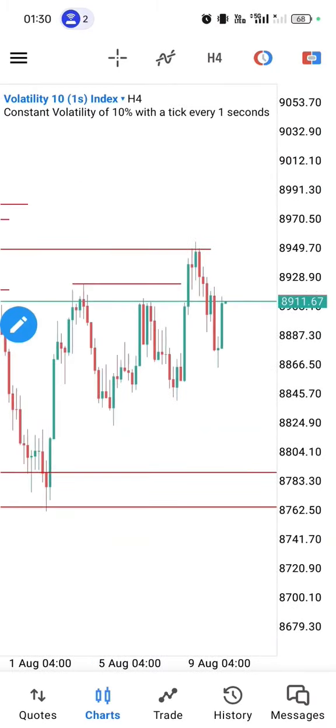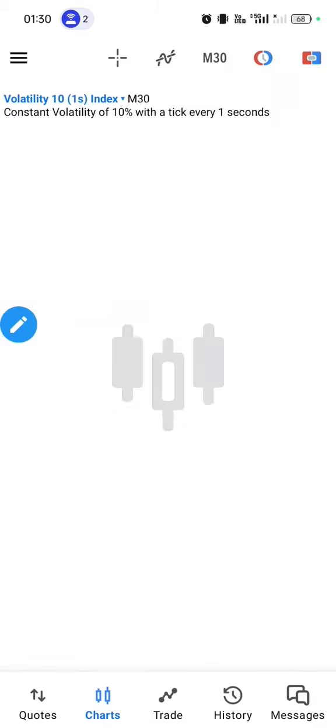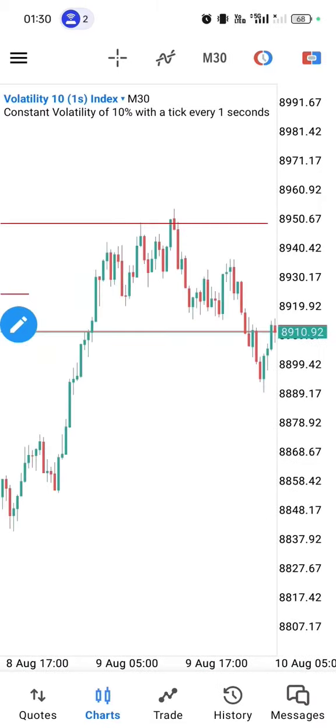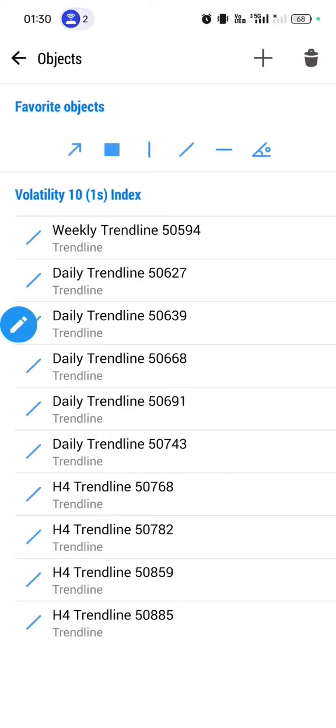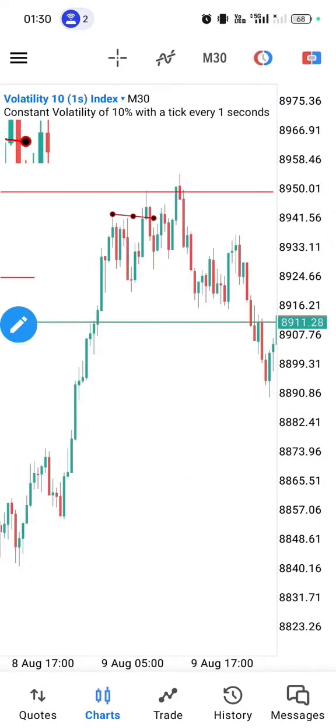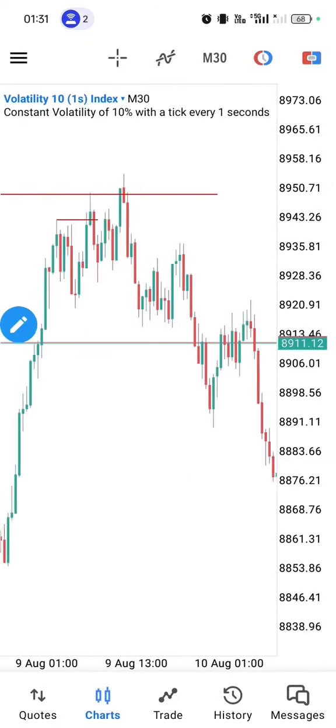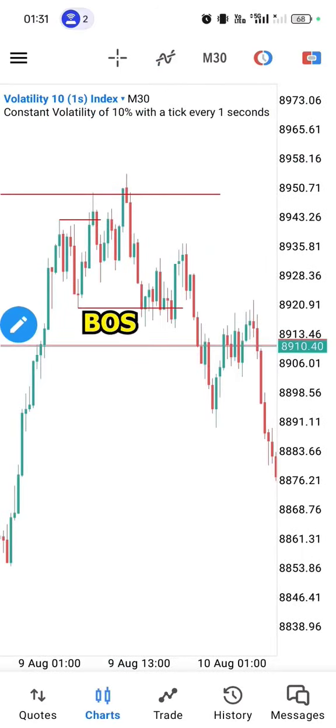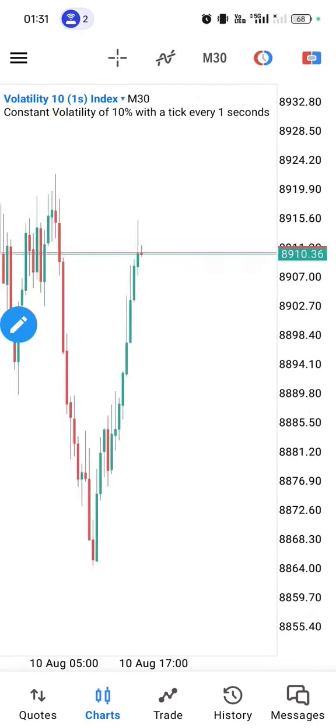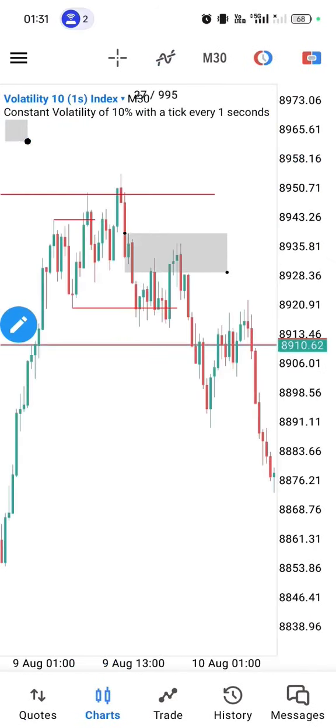That's why I'm typing. Now we have to also focus on the level where it reacted off of, same as we focused on the daily. Now it did a stop hunt again, so it ran the stops, gave us a change of character, or a BOS below the low, returned back into that small consolidation,